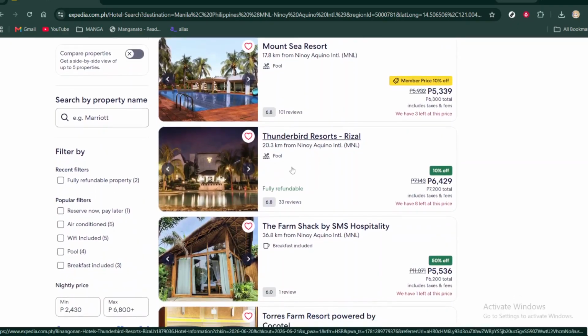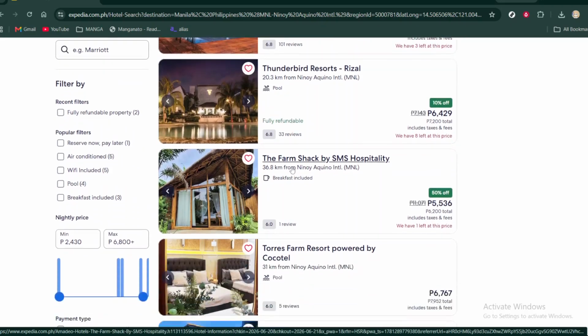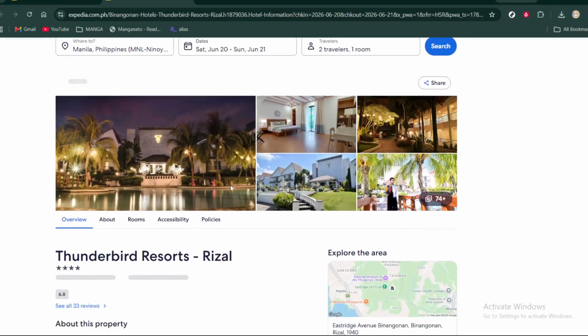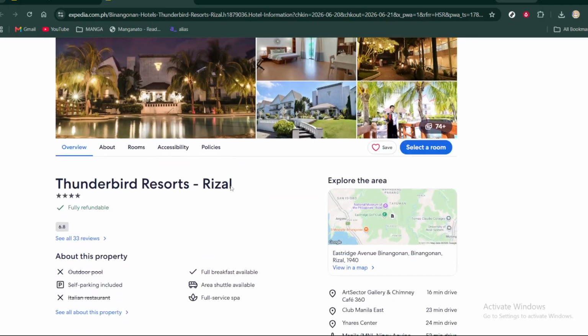So now that you have your perfect list, the last step is easy. Just click on any property that catches your eye. This will take you to its full page with photos, reviews, and pricing where you can book your stay, and that is it. You went from aimlessly browsing through hundreds of random listings to instantly seeing only the places that